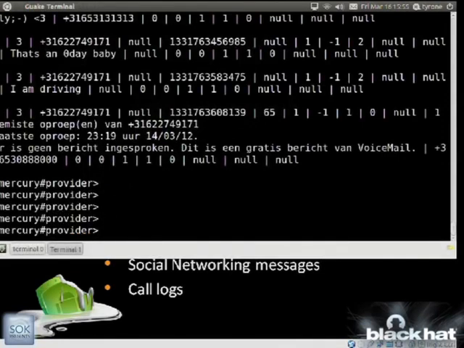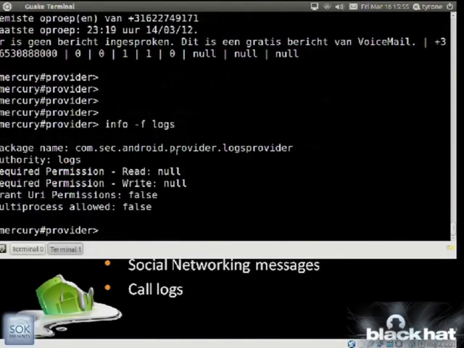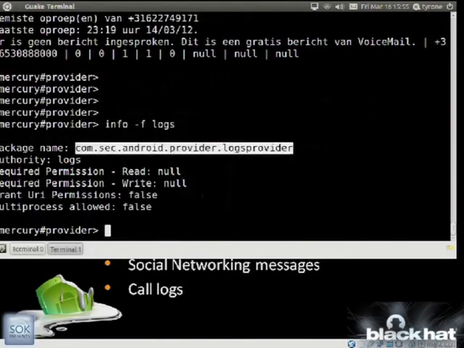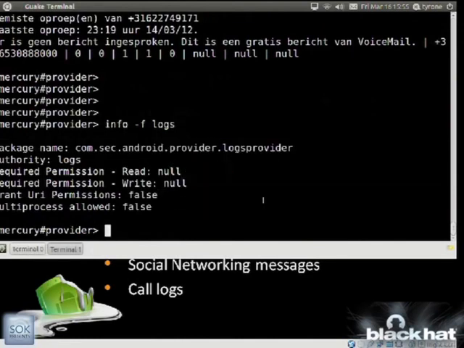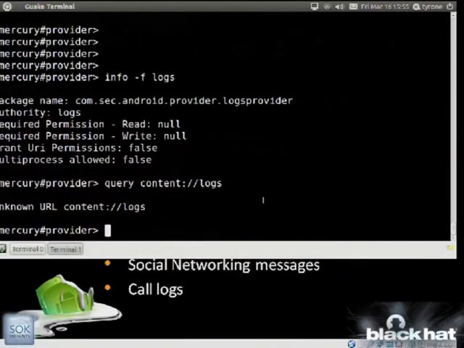So let's actually look at this. If I filter by logs, and in here I don't really have any clue what I would query here, because if I query just logs straight, it says unknown URL. So maybe we could use find URI to actually look for